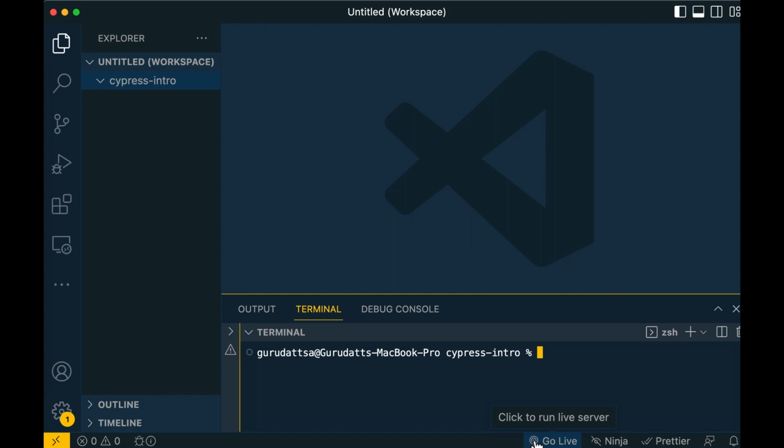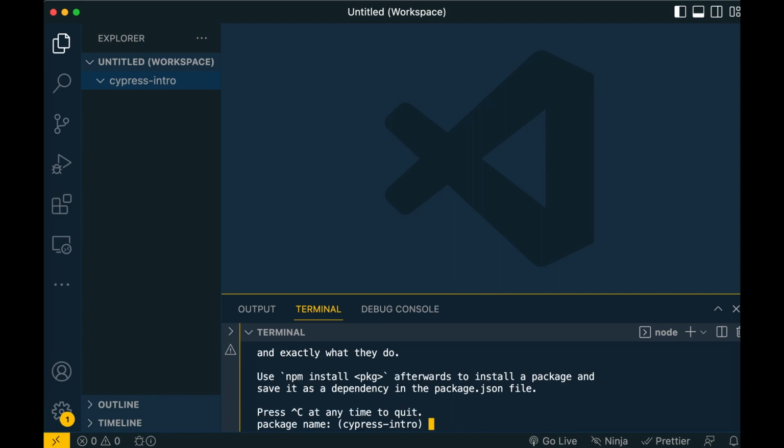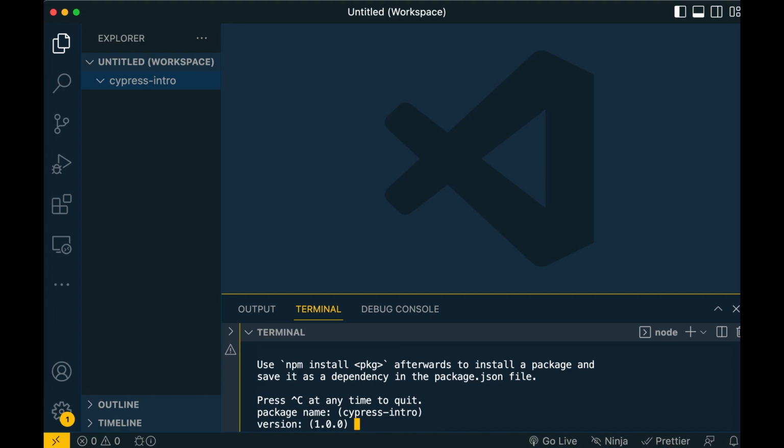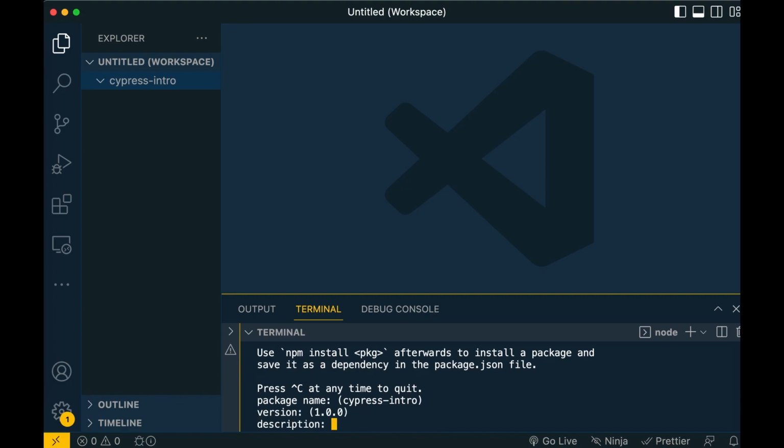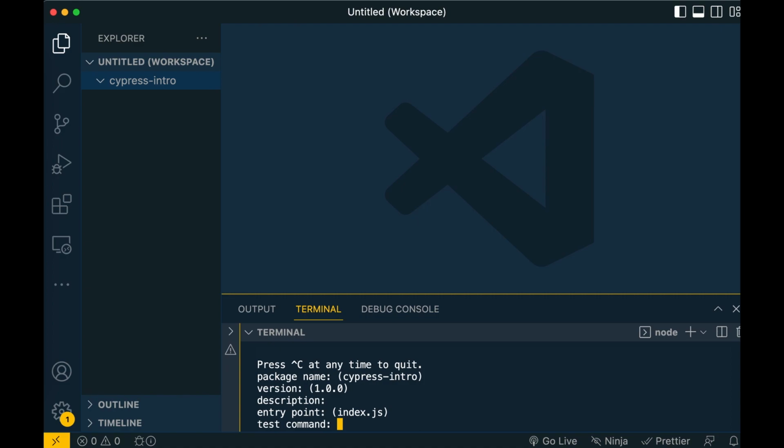Now let's start with Cypress installation. So to do that, create a folder on your machine and add that to the Visual Studio Code workspace. And once that is done, make sure that you have installed the latest stable version of Node.js. And all we need to do is, in the terminal, perform npm init. So what this will do is it will start creating the package.json file for us, and you can give all the default values,